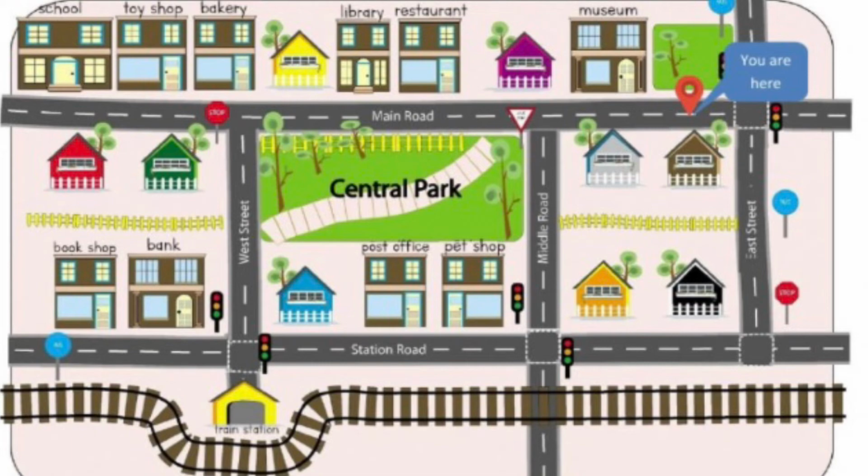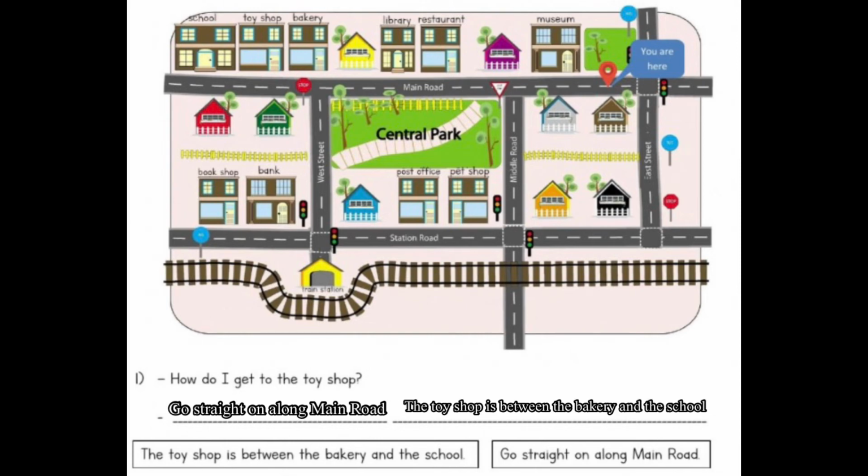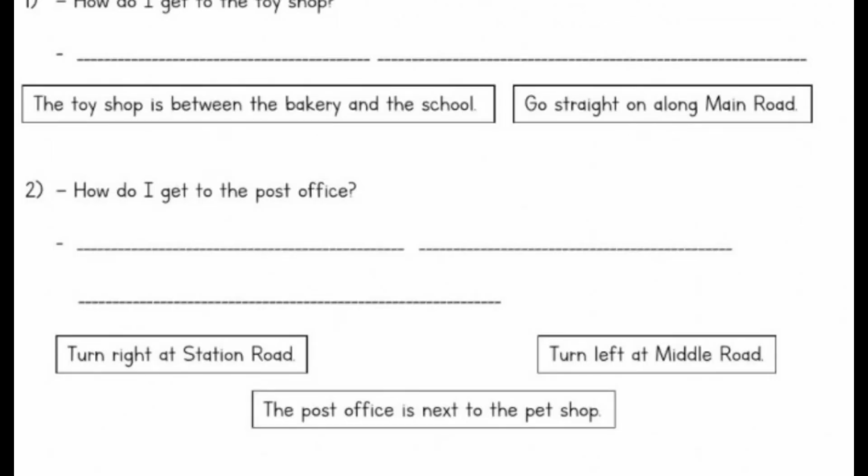you are correct. So now, let's go back to our number 1. We're going to write, go straight on along Main Road. The toy shop is between the bakery and the school. That's how we will give those directions. Now, let's look at number